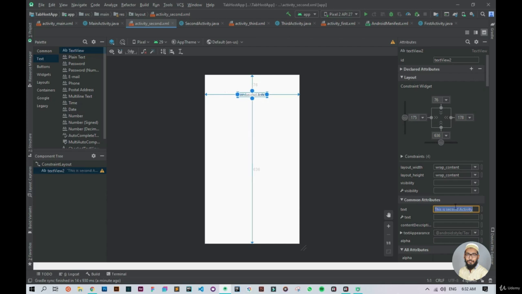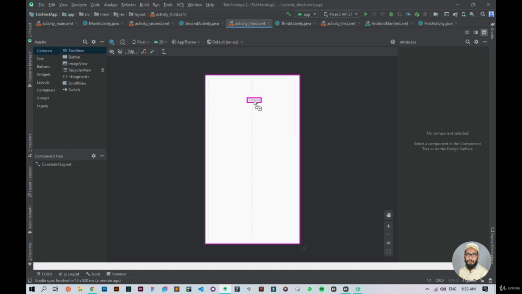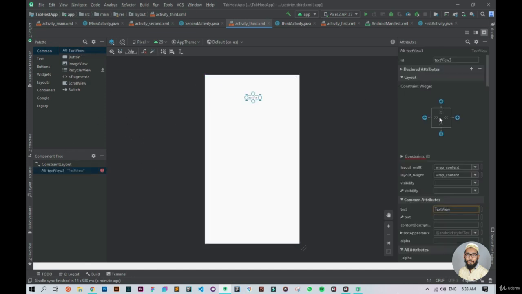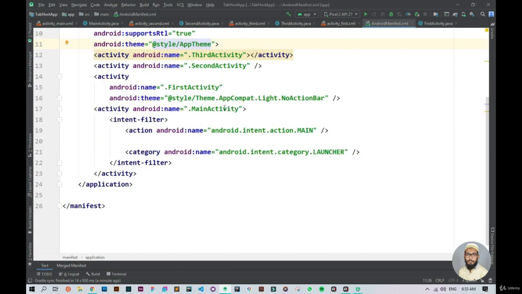Okay, and now let's switch back to the activity_third.xml layout file, and drop another text view here. Let's specify the constraints and give this text view the text value: this is third activity. Okay, so now let's go to the AndroidManifest.xml file,